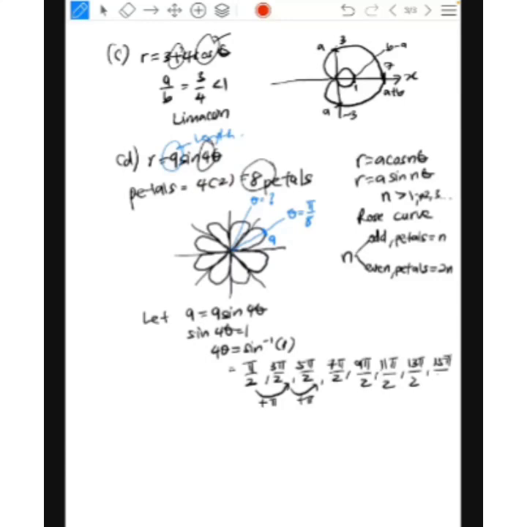Okay. So you already have 8 angles there. 1, 2, 3, 4, 5, 6, 7, 8. You may stop. Okay. Now we want to find theta. So theta is equals to pi over 8. Okay, so then you may sketch. When you sketch, you will get